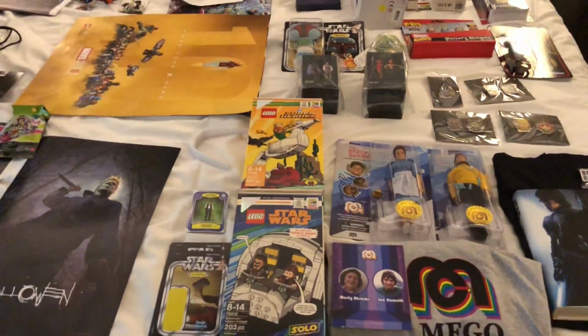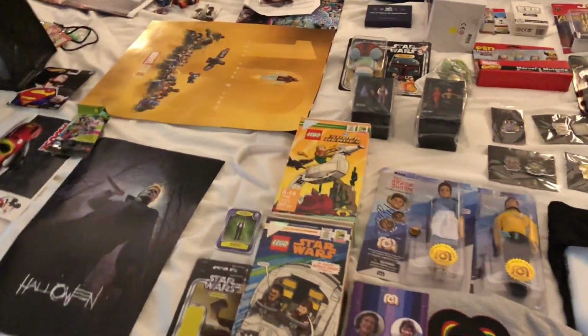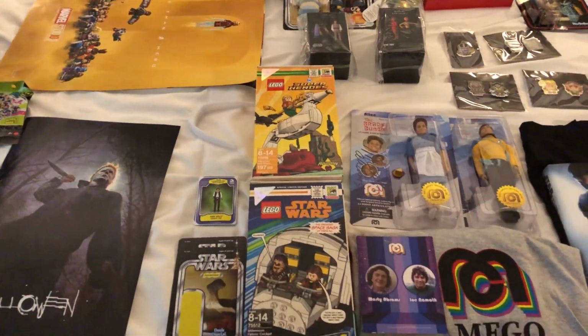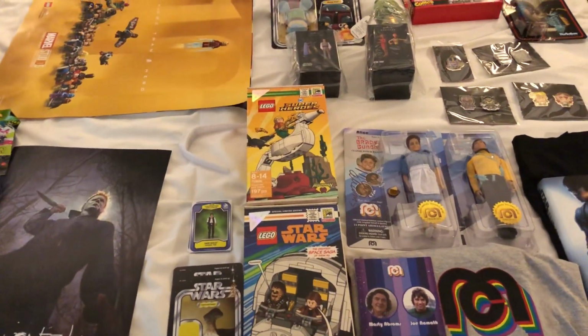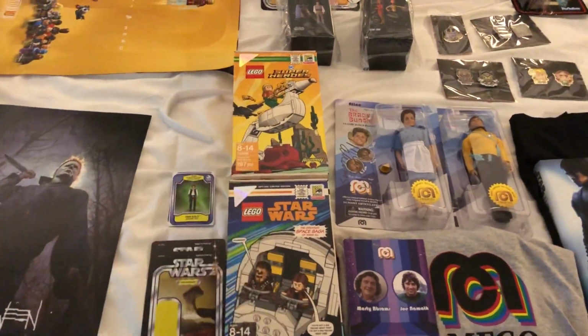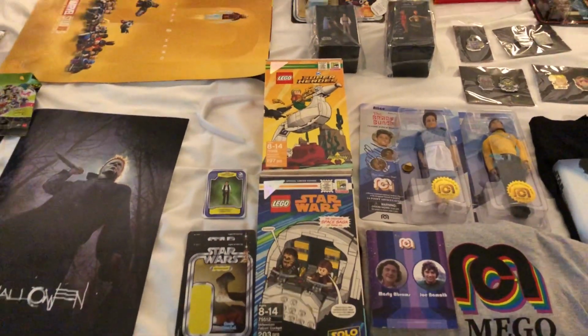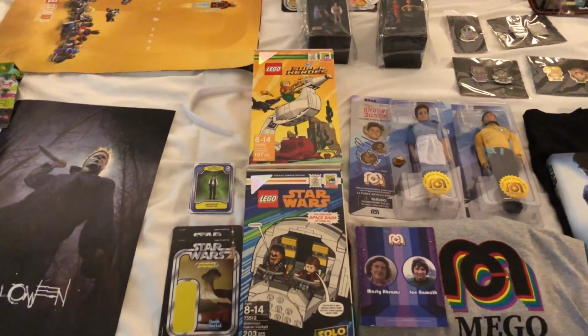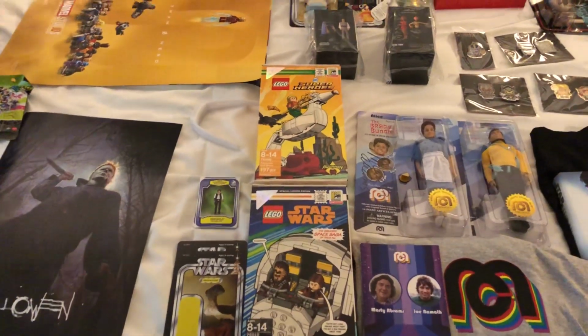Now, Lego, I have never made it into the Lego booth. I've won the minifigure drawing several times, like the Collector and Bizarro and some of those, but never put the time into getting into the Lego booth. So this year, I was able to get the Millennium Falcon and the Aquaman. Now, what was interesting on the final day, Sunday morning, in line for the Millennium Falcon, they said, well, you can go ahead and get a second one, because I guess a lot of people didn't pick up, which is obviously kind of a flaw in the lottery system,